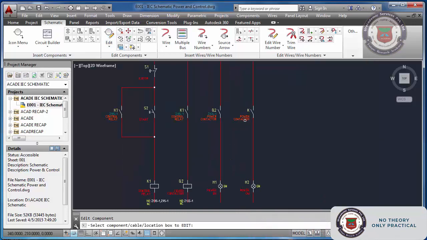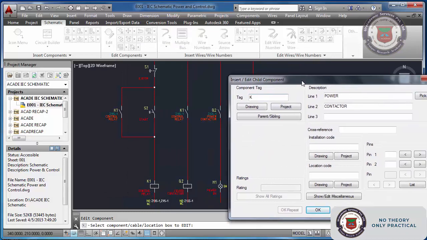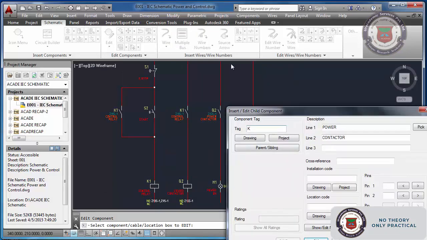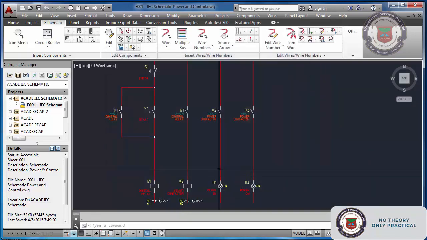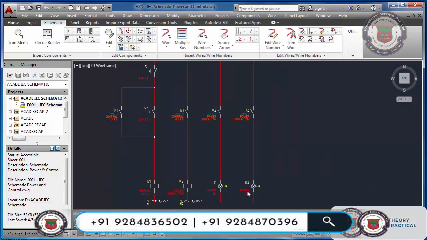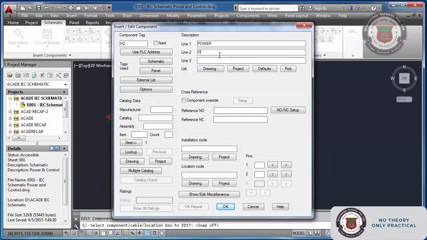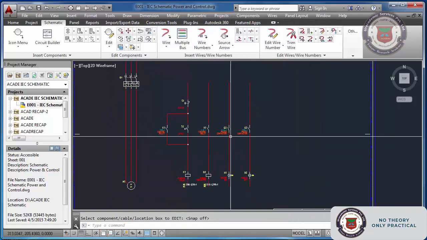Edit K1, I think, sorry, this is Q2, parent you can pick in this way, Q2, and this is H2, but it should be power off, fine, power off, power on and off.